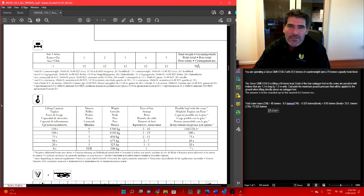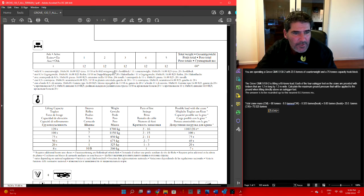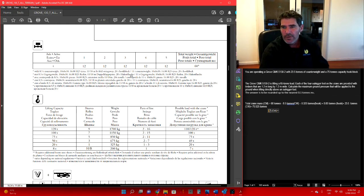You've got 60 tonne there. Now you've got to read the fine print. If you look underneath, that 60 tonne is with 8.5 tonne of counterweight on it, so you're carrying your belly plates, the fly and a 20 tonne hook block. So to work out the weight of the crane...